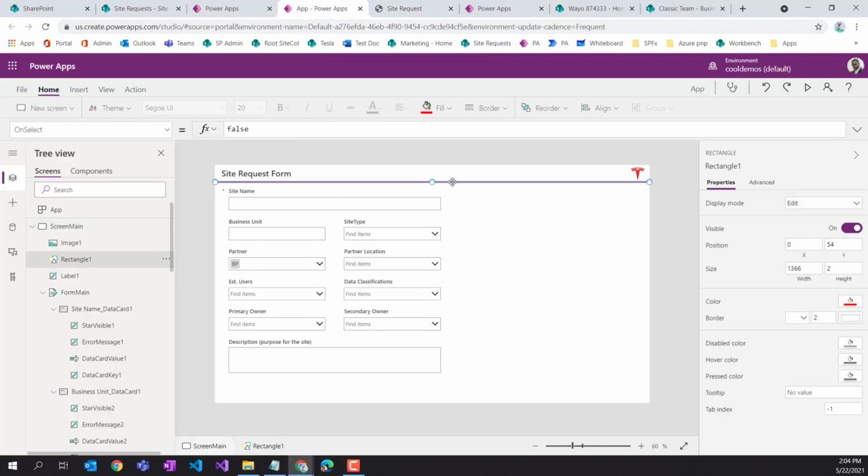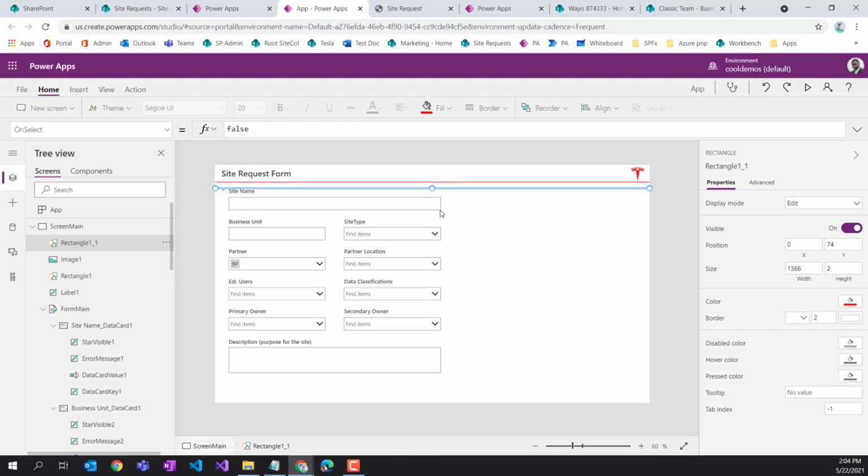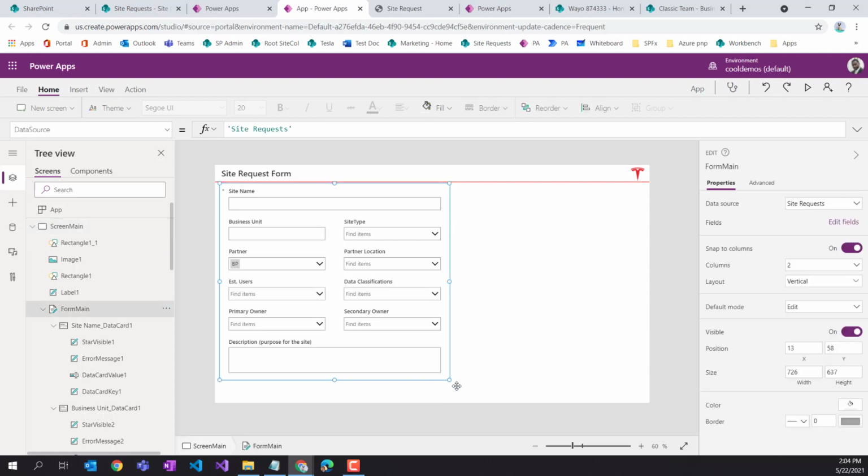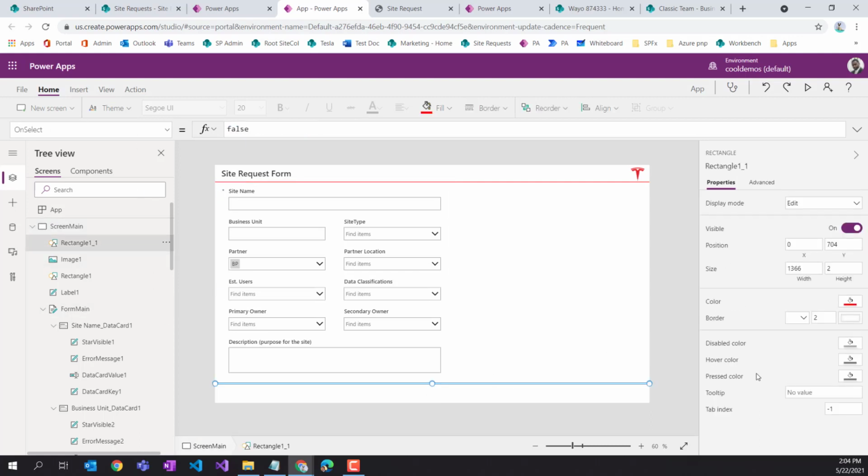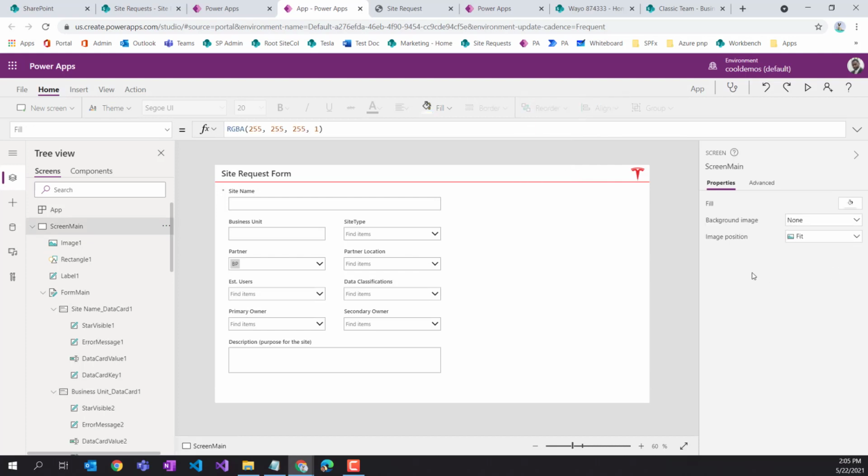So basically what I did, once you went through all the work to get the header together, because it's the exact same line, I just copy that, use the arrow key on my keyboard, position that towards the bottom, and that becomes my bottom line. And I have no idea why it disappeared on me like that. Let me just make sure the ordering is right. Let's say bring to front. Maybe touch the height a little bit. I've seen situations where